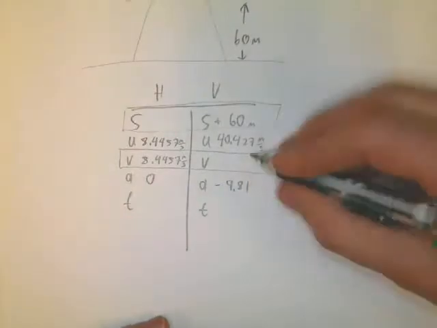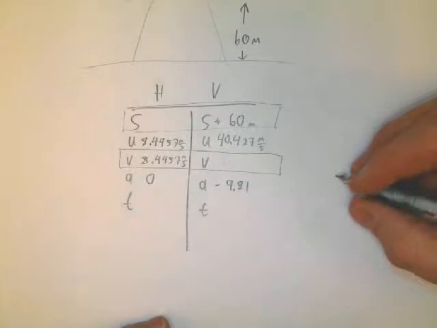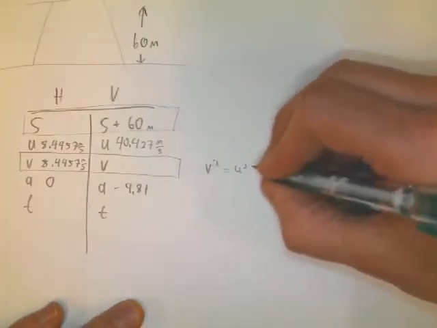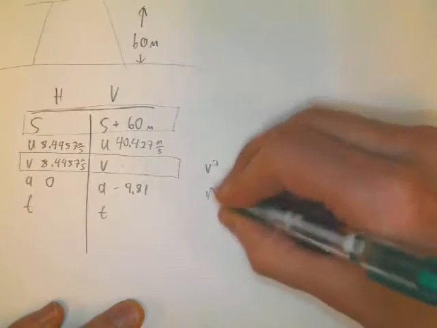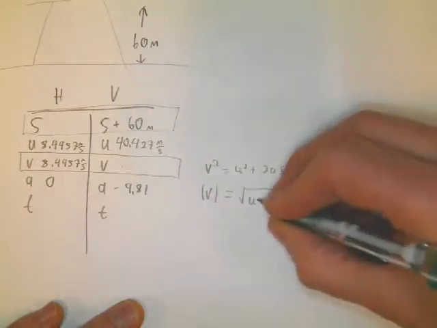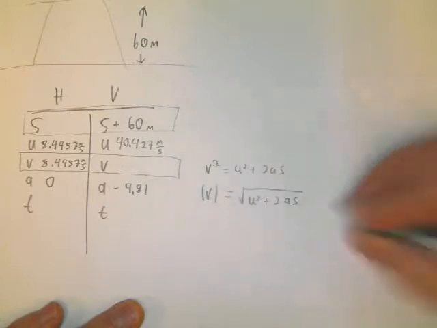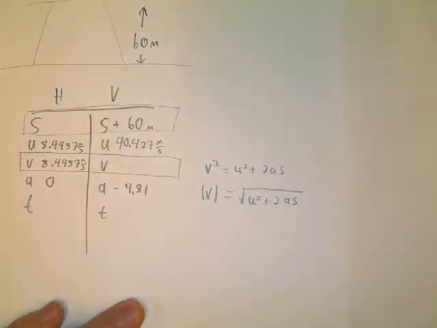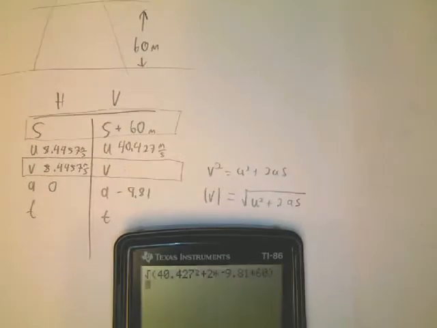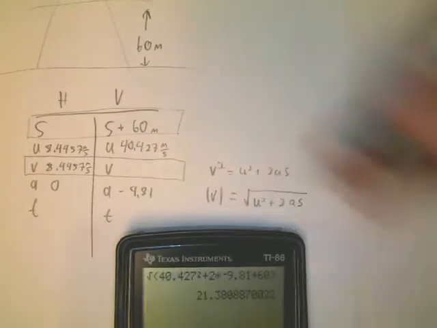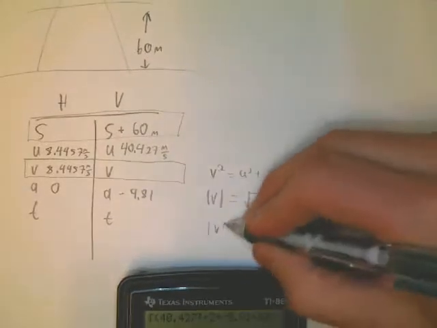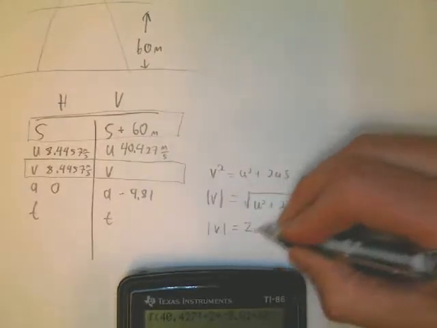Let's just solve away. We've got three things here. I'm going to find the final velocity first. v squared is u squared plus 2as. So therefore the absolute value of v is the square root of u squared plus 2as, which looks like this on the calculator. And I get that the absolute value of the velocity is 21.381